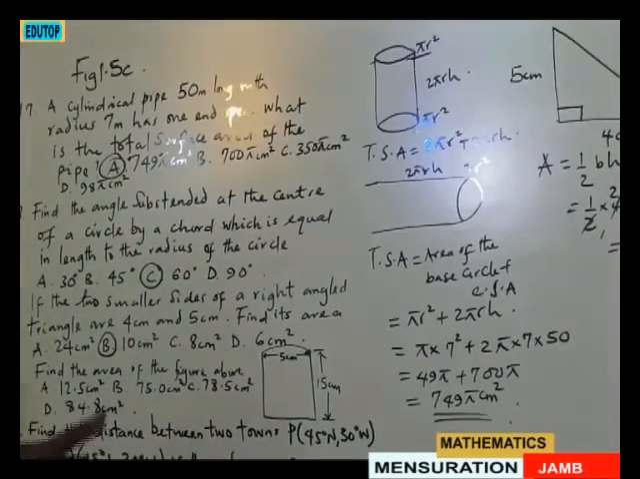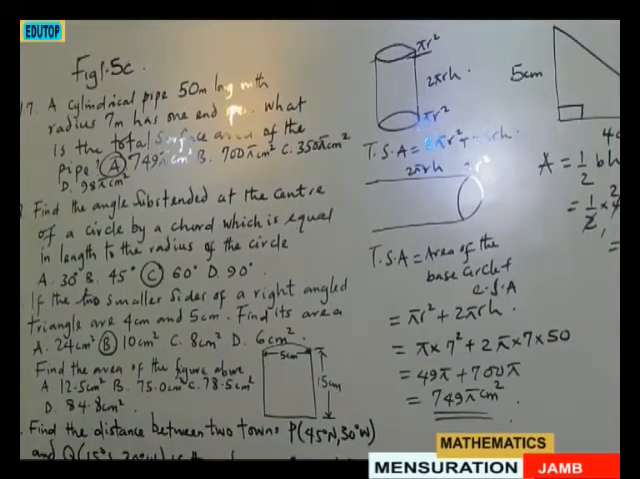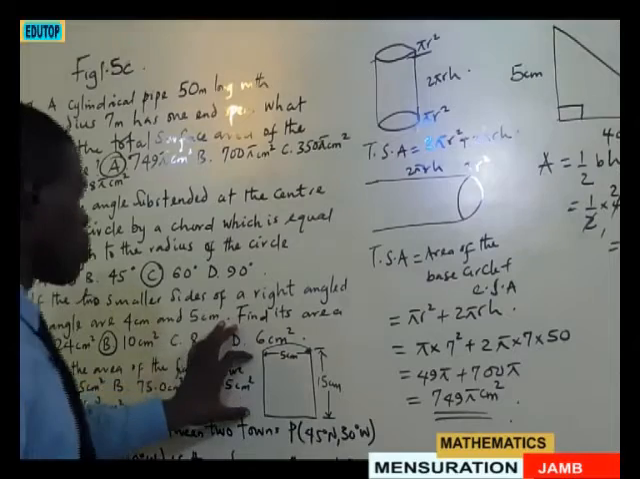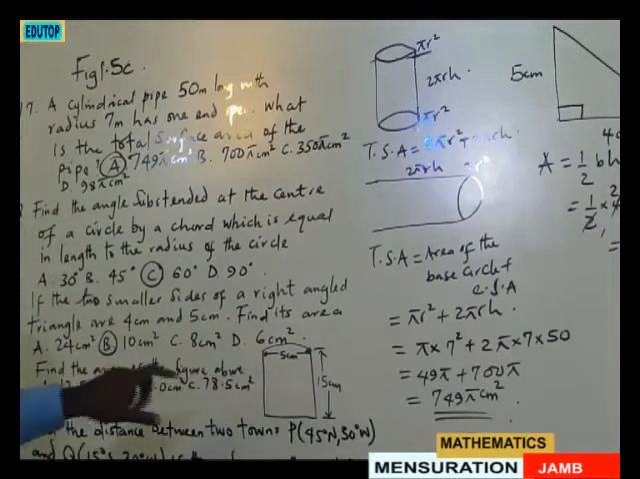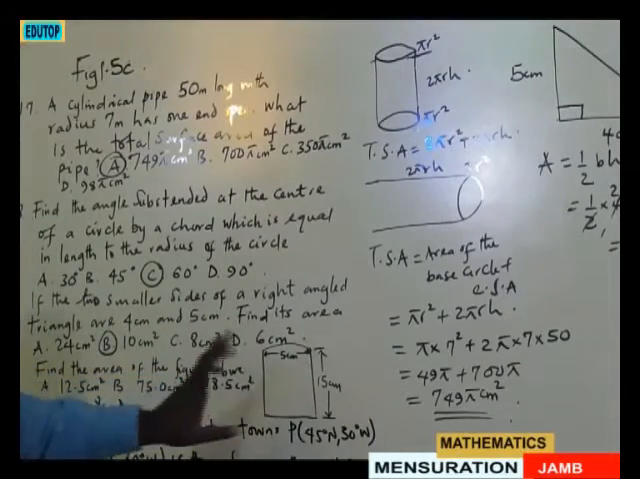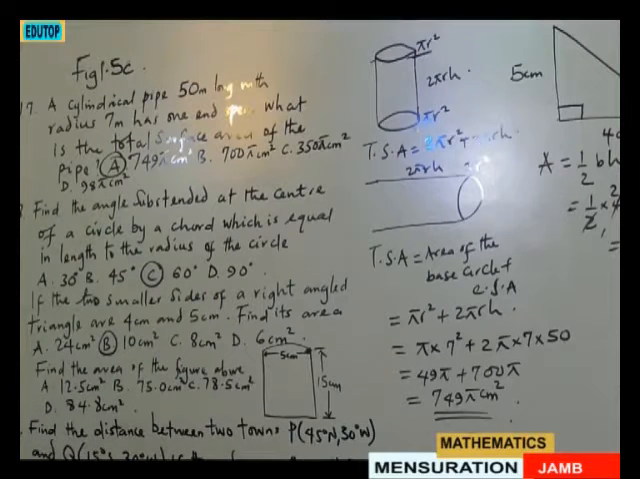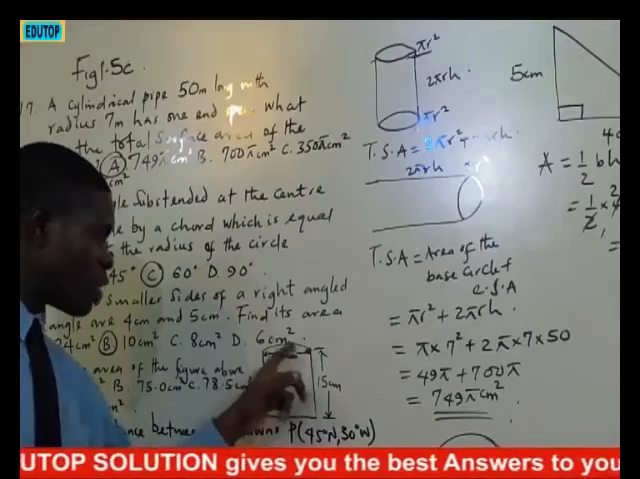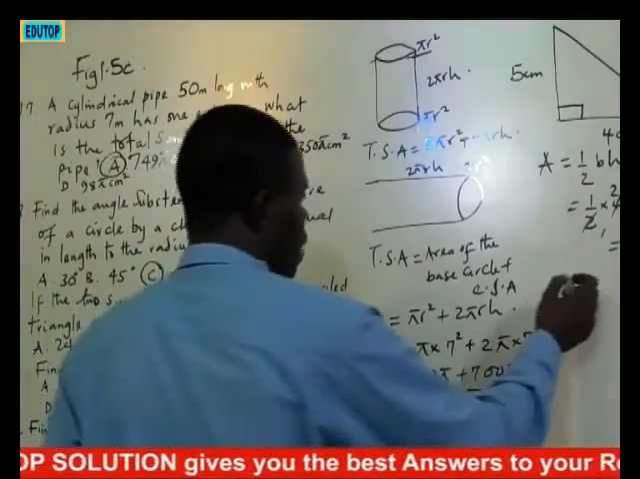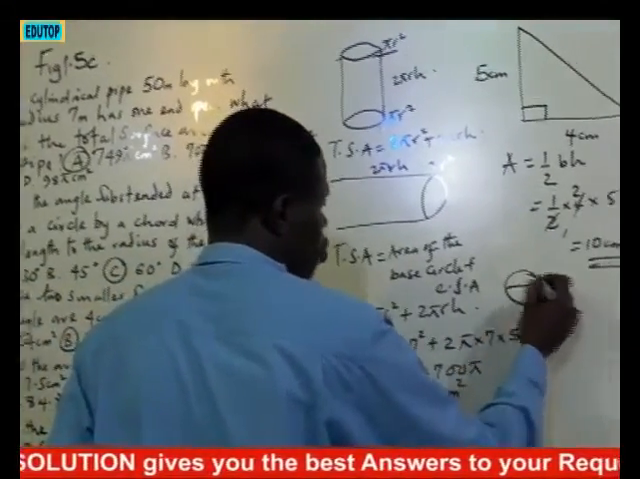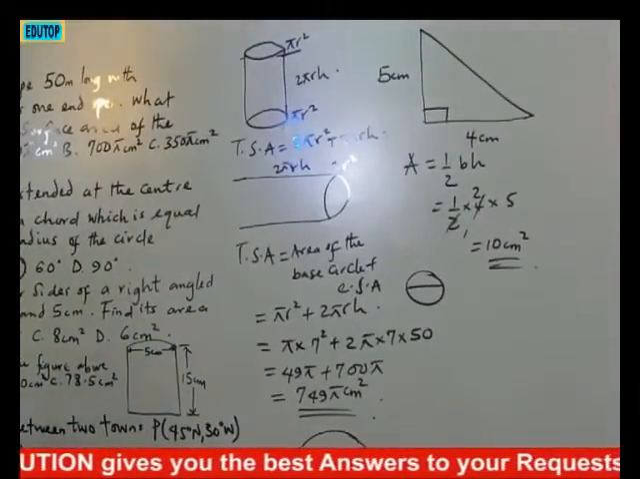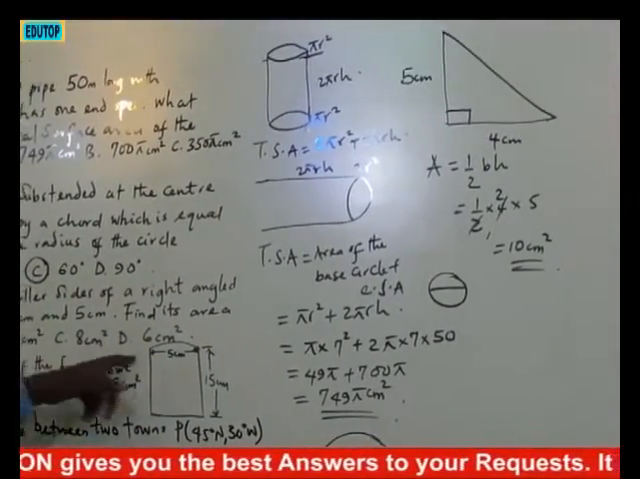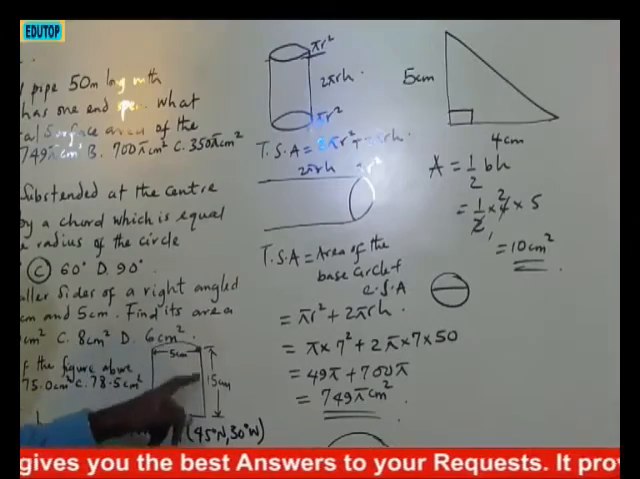Then find the area of the figure above. If you look at this very well, you discover this is what is called a composite figure, when you have two or more plane shapes. This one is not different from a semicircle, because when you have a circle like this and you cut it into 2, that makes it a semicircle. So we are having a semicircle and also